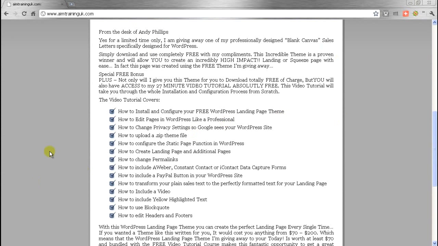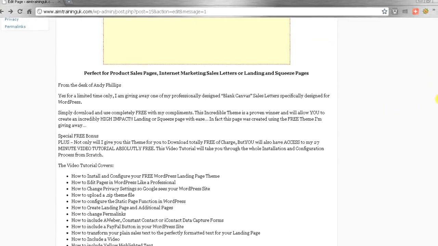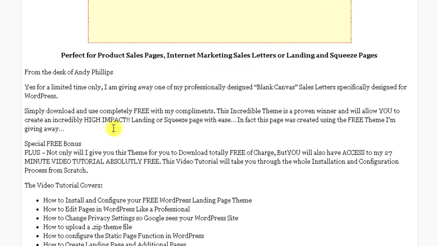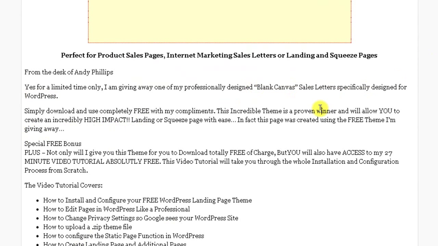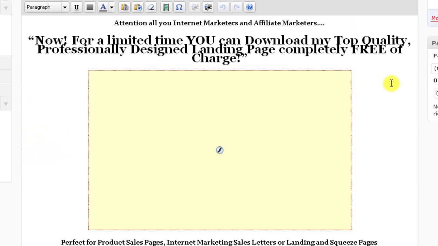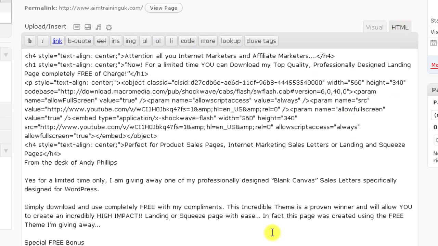Let's go and put highlights, yellow highlighted text, and some embolden onto the lettering. So for instance, if I wanted to put Miss Blank Canvas sales letter specifically designed for WordPress, and I wanted to put yellow highlighted text on that. Now you can put yellow highlighted text on there, don't overdo it, just put it on some real things that you want people to notice. Now we're going to go to the HTML side,